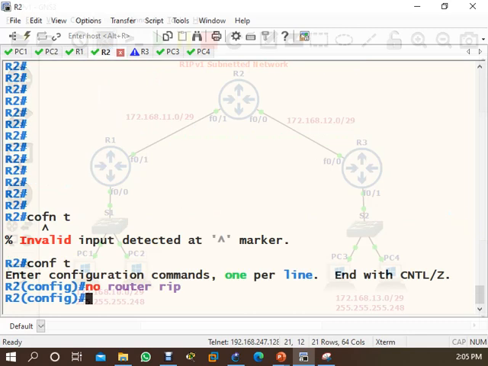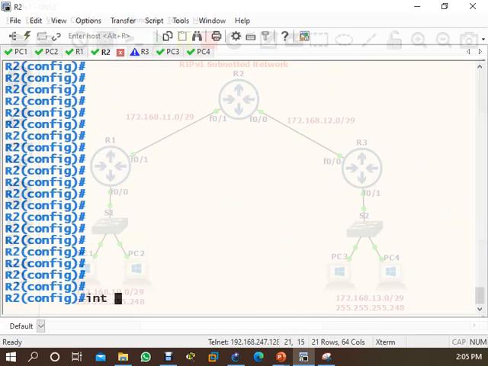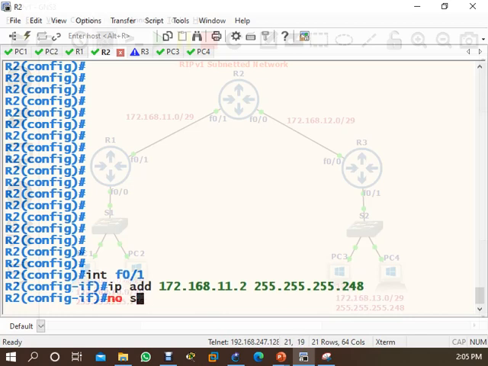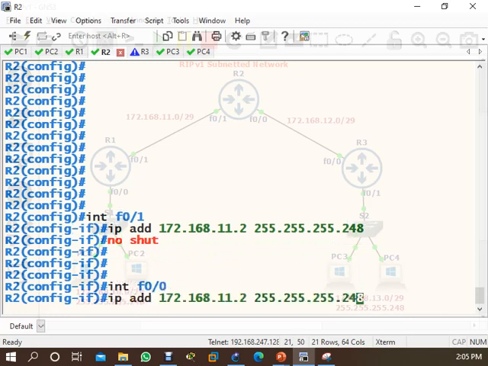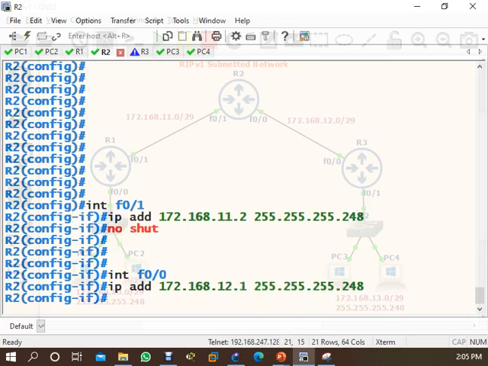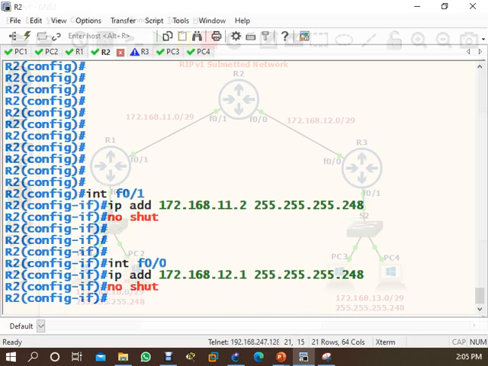Now come here, interface f0/1, IP address is 172.168.11.2, no shut. Then interface f0/0, 12.1, no shut.